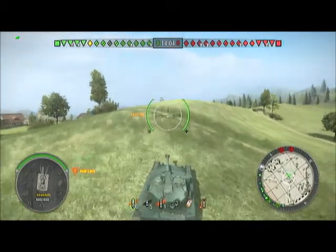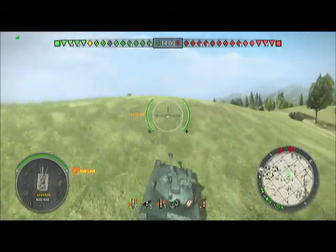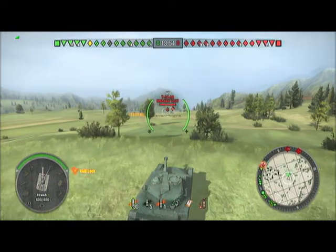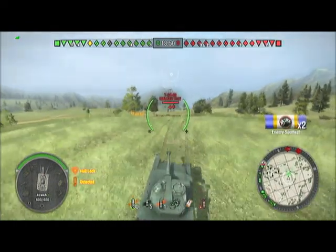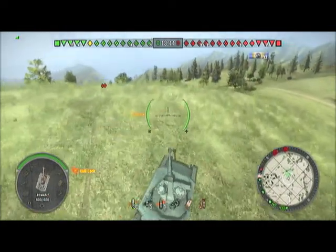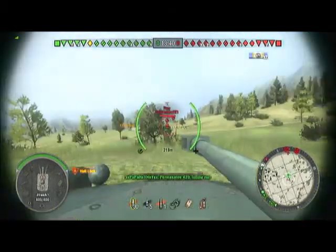This thing will feast on tier 6. Tier 7, this thing can do pretty good at, and same thing with Tier 8, depending on where they hit. So here I go, I'm spawning up at Tier 8, up on this hill, and then there's two other tanks. The rare T-34-88, which is a tank that you would get, I think, from the store. And the other one, I think, is...